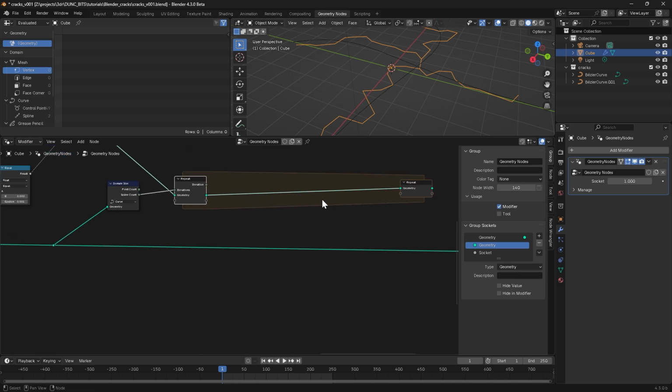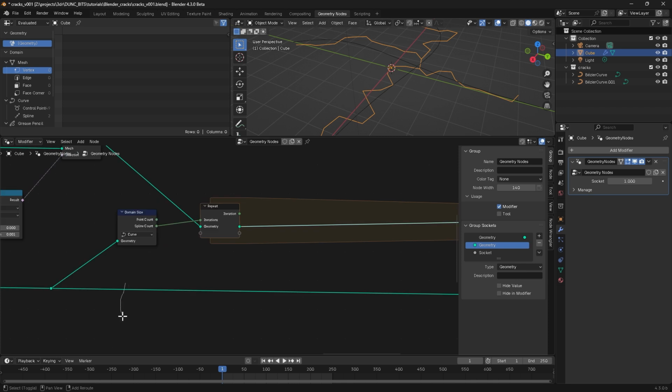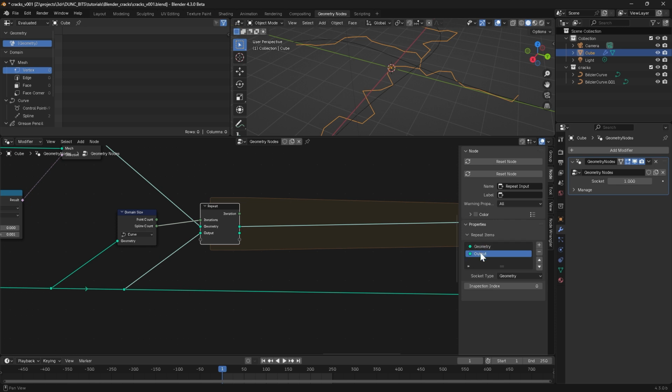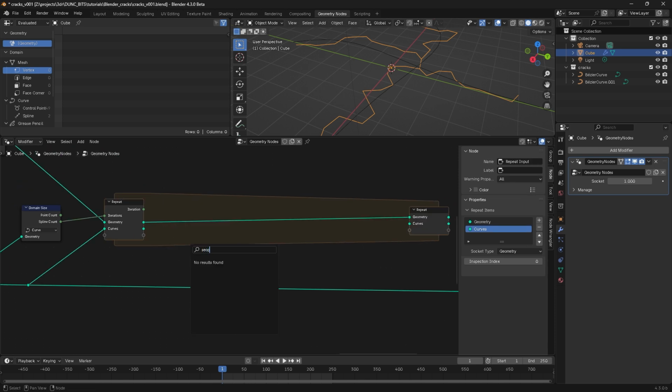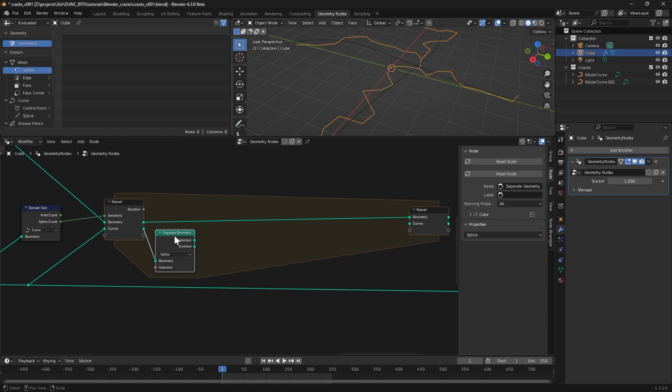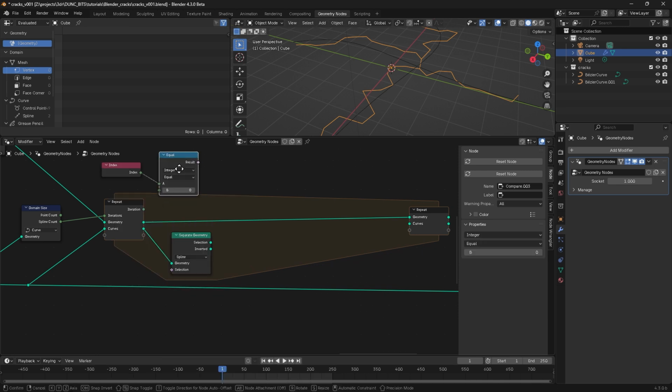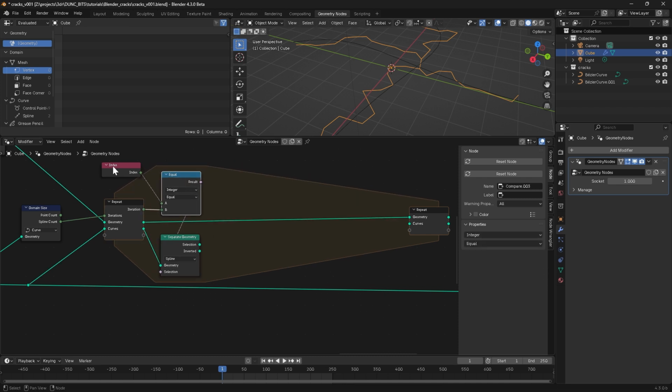Okay, so within here we want to separate the source cracks into a single crack per iteration. Let's take our curve geometry in as a new input. Just rename this on the repeat zone so that we know what we're dealing with. And then we'll use a separate geometry. We want to separate splines, and we want the spline whose index matches the current iteration. So if we do index equals iteration, use that as our selection, we should just get the spline that we're